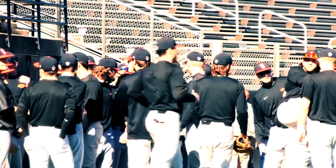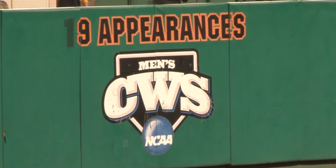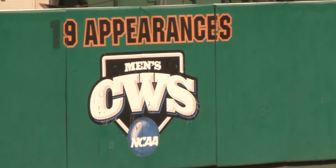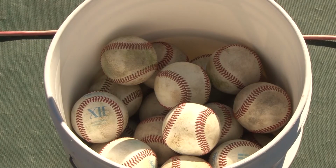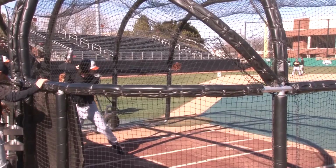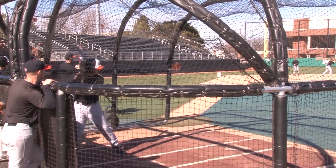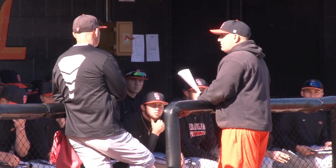The NCAA took an initiative to increase the popularity of college baseball by trying to help increase home run production. One major change to help raise the popularity of the sport involves the actual ball. With lowered seams on the new baseball, air resistance should be less, resulting in more home runs and longer ones as well. With college baseball's power numbers decreasing over the past few years, Coach Josh Holliday says the new ball